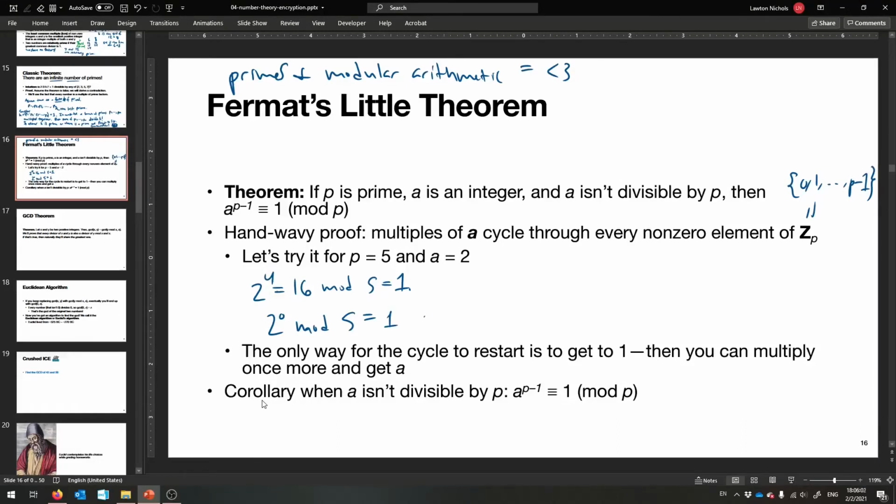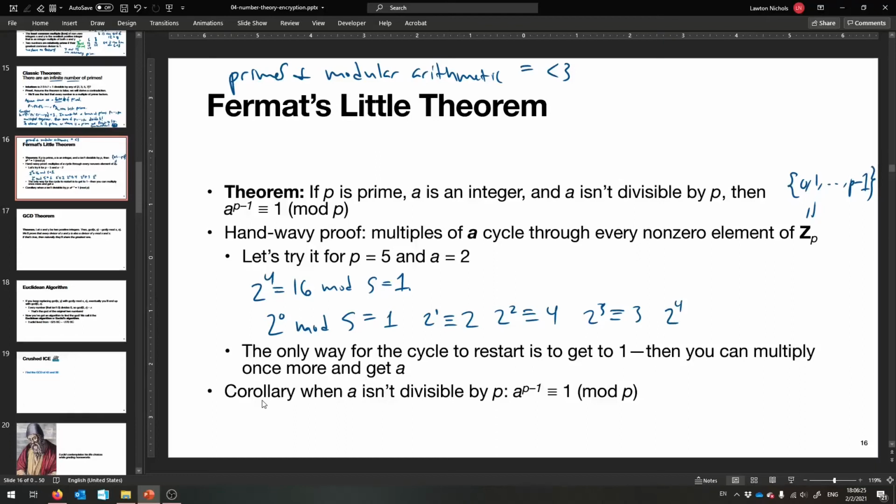Then 2 to the 1 mod 5. I'm just going to drop the mod 5. 2 to the 1 is equivalent to, that's just 2. 2 to the 2 is congruent to 4. 2 to the 3, 2, 4, 8. That goes in 3 times. Ooh, you see the pattern? And then 2 to the 4